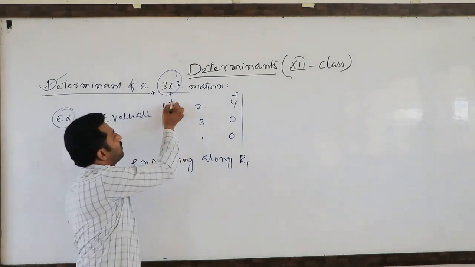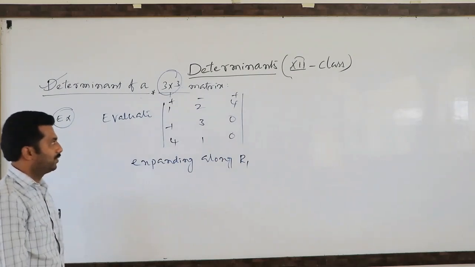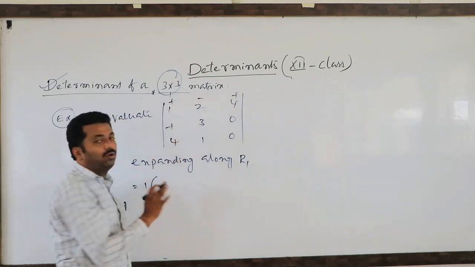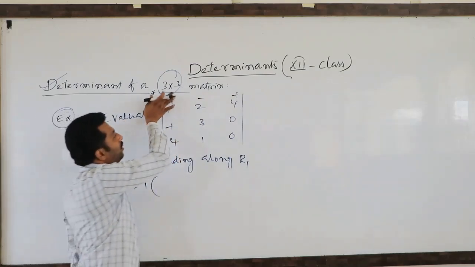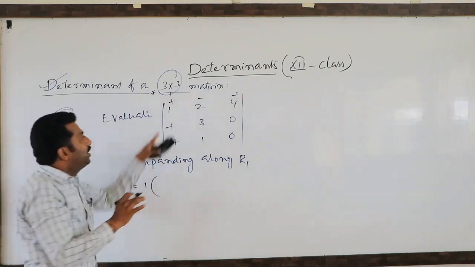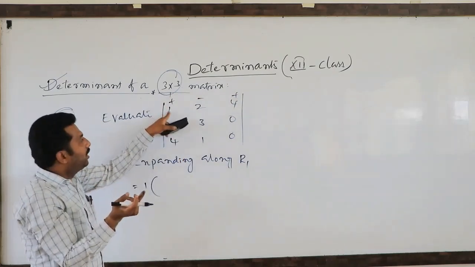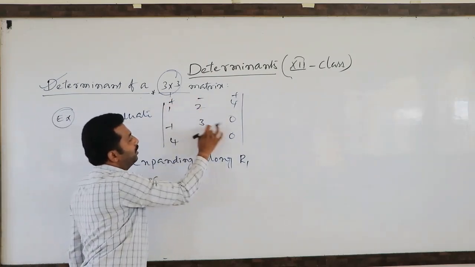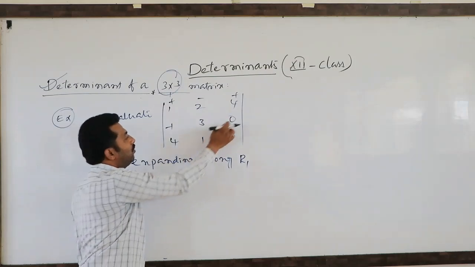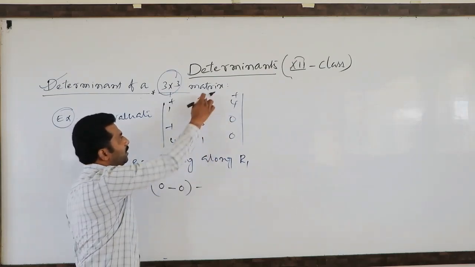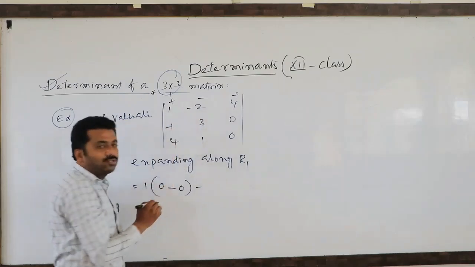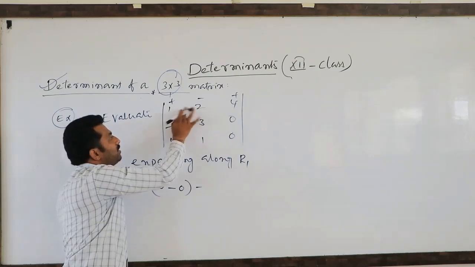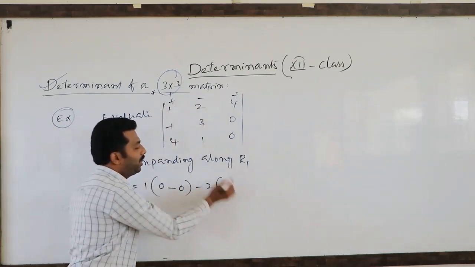See, plus, minus, plus. So you observe, plus 1 into, you close the corresponding row, most important, closing the corresponding row. For the element, corresponding row means like that, corresponding column means like that. So what is left here? 3 0 minus 1 into 0, minus, including sign. Suppose here minus 2 is there, now we have to write minus into minus, plus 2. So minus 2 is not there, only plus 2 is there. You have to write minus here.